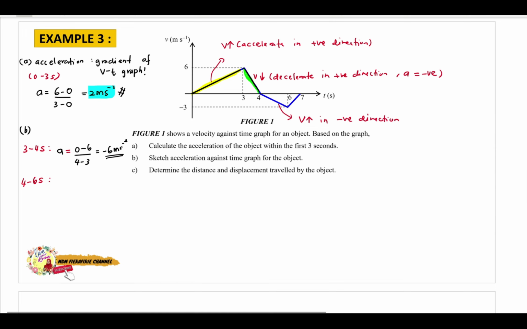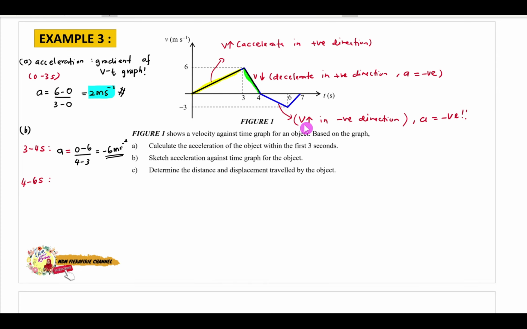Okay, jadi kalau saya kira gradient from 4 to 6 second, saya tahu pattern. You nampak shape of the graph here, the gradient must be negative value. Kenapa negative sedangkan velocity is increasing? Okay, because the object is moving in negative direction. Jadi acceleration you dapat nanti adalah nilai negatif. Bukan sebab objek itu decelerate,